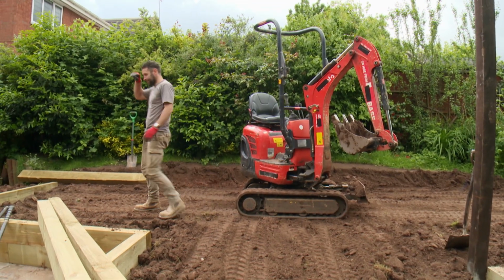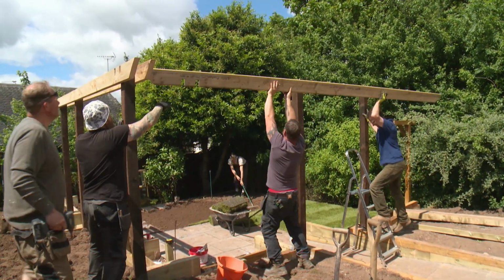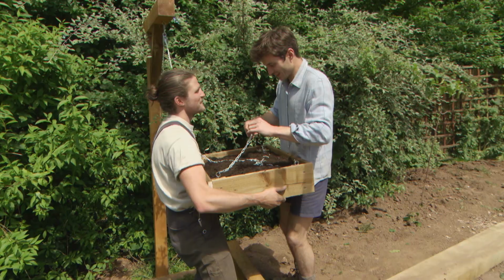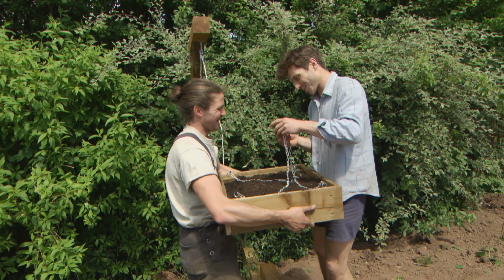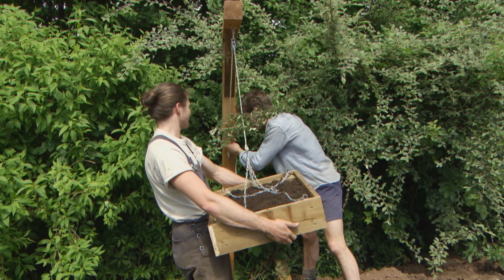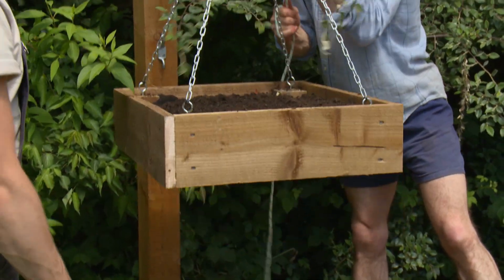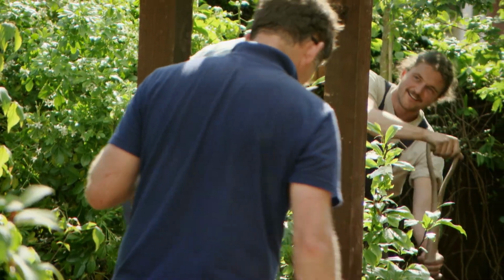In the back garden, Lee's been cracking on building a timber pergola. Right, this is it, crowning glory. Only starting. Whilst the brothers have nearly finished their raised salad box. The moment of truth. Right, hoist the flag, Captain. Turning my sailor's knots. There we are. The chickens will be happy, as is Charlie, because she's starting her favourite part of any garden,